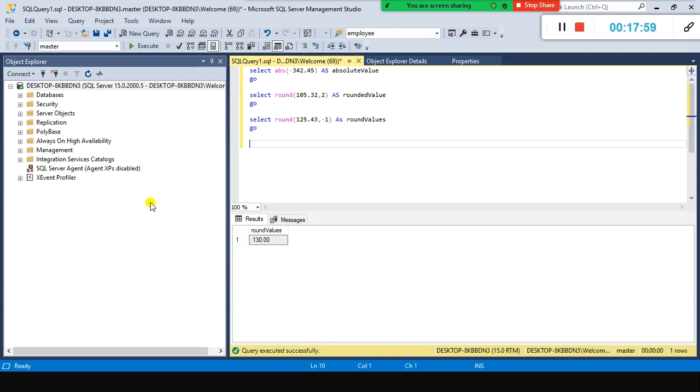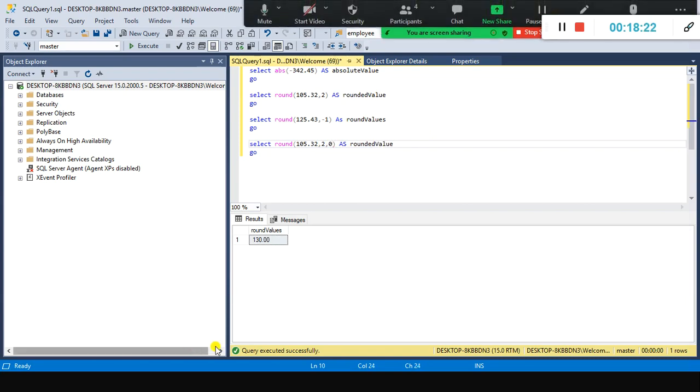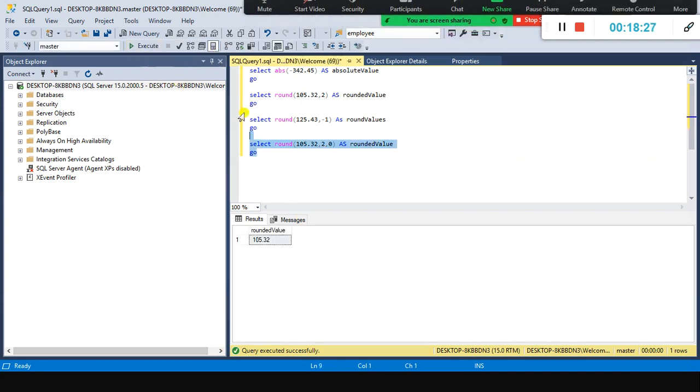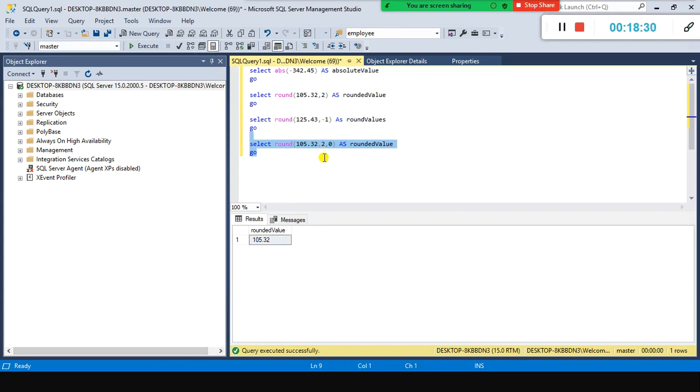Now let us use the third parameter, which is called operation, and here I say 0. Let's see what happens here. Same as that one, 105.32. Sorry, here I'm going to use 125.43, the same value.